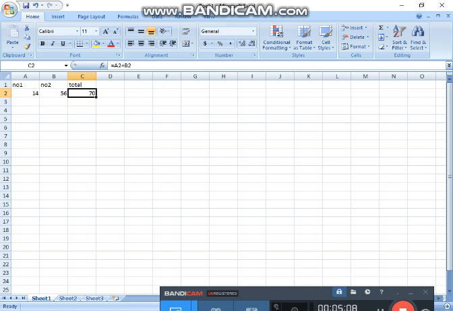Just like suppose I enter the price 20, then I use the quantity 5.